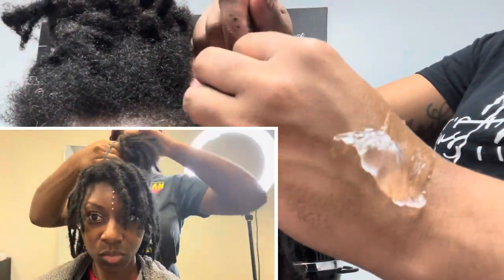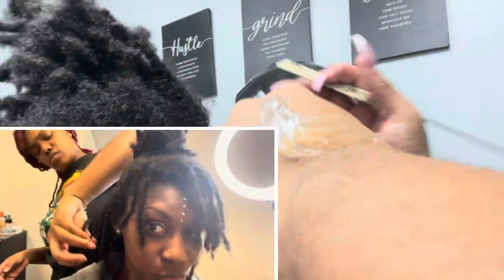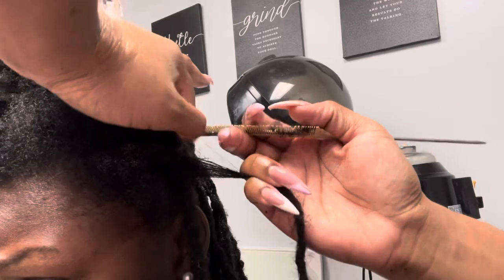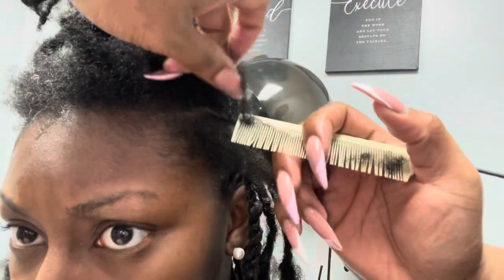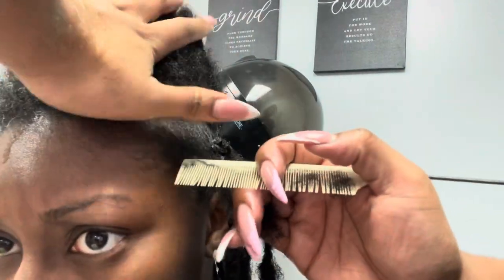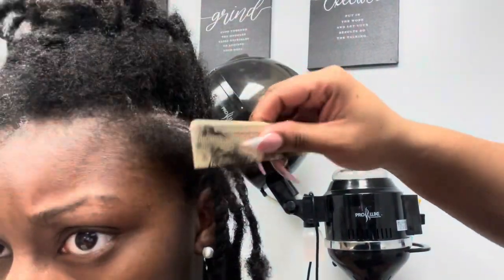So after having this very stressful hairstyle on my locks, I decided that I wanted to go with a hairstyle, but not just any hairstyle. I wanted a hairstyle where it was very low tension on my hair. So I decided to go with 2-strand twists. So 2-strand twist is a really good hairstyle for locks because the hair is twisted together and there's no rubber